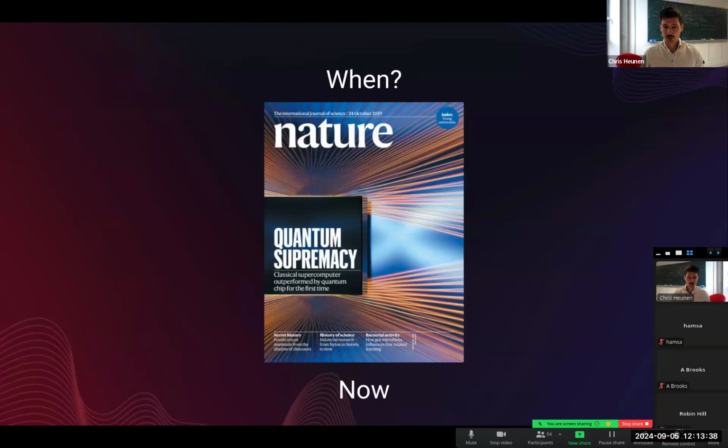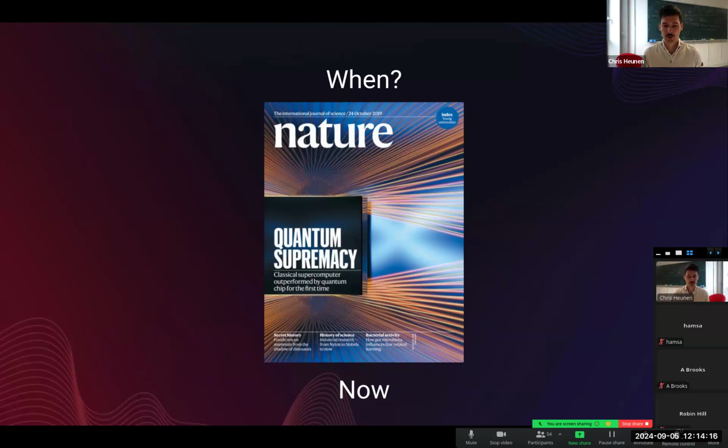Next question is, when should we care about this sort of quantum computation? And the answer is right now. Quantum computation has been going on in the public eye since the 1980s at the very least. In 2019, this is the cover of the journal Nature of 2019 edition. Google did an experiment. They built a quantum computer that solved a certain problem faster than classical computers could possibly do in 10,000 years. There was some discussion about whether these 10,000 years are really 10,000 or more like 1,000, but the point is the day has arrived when quantum computers are quicker at this problem